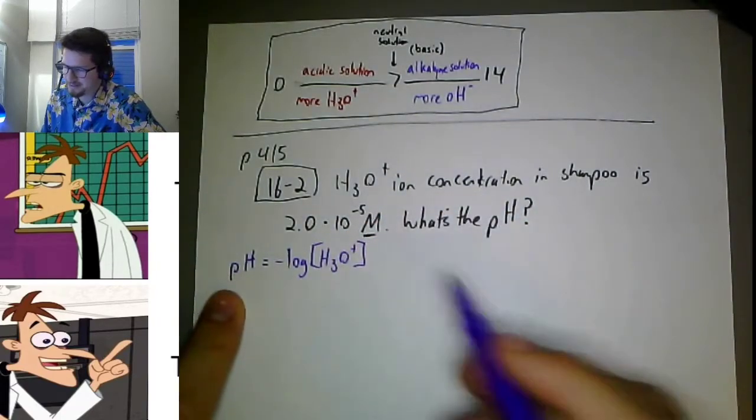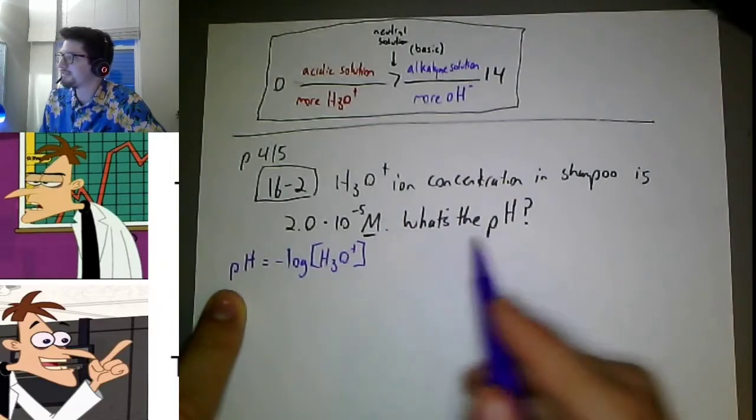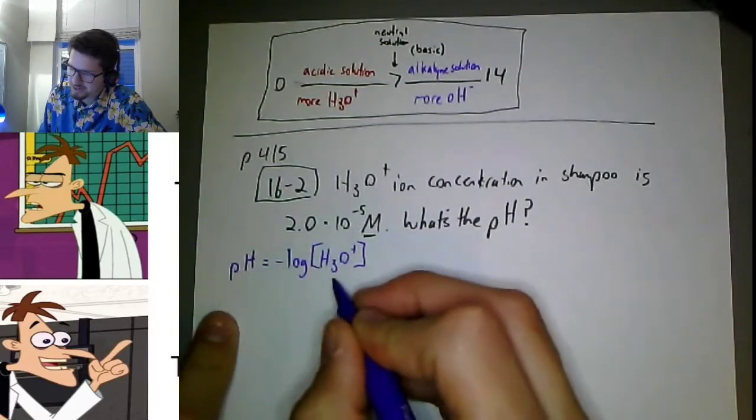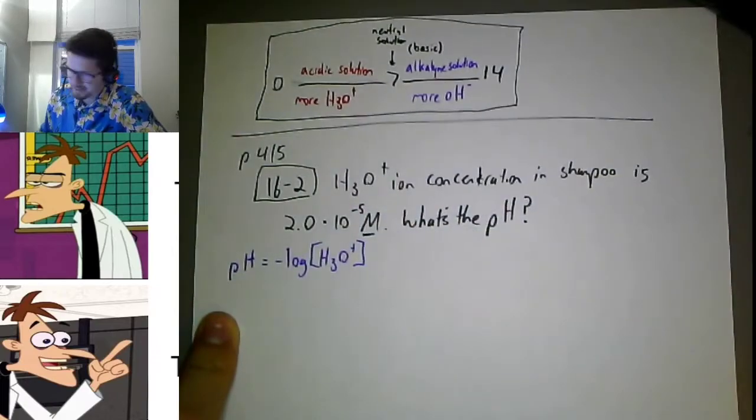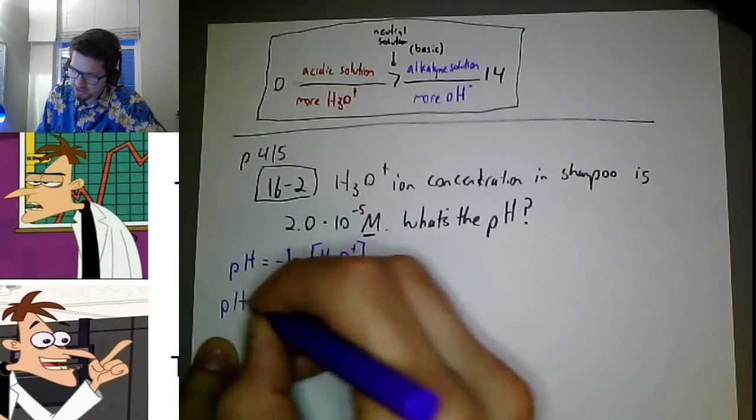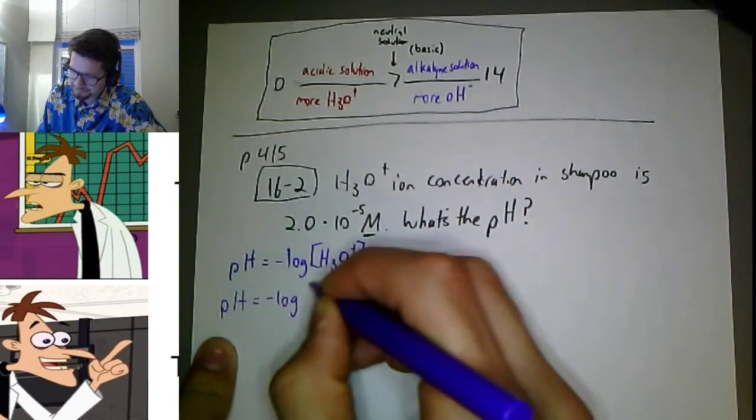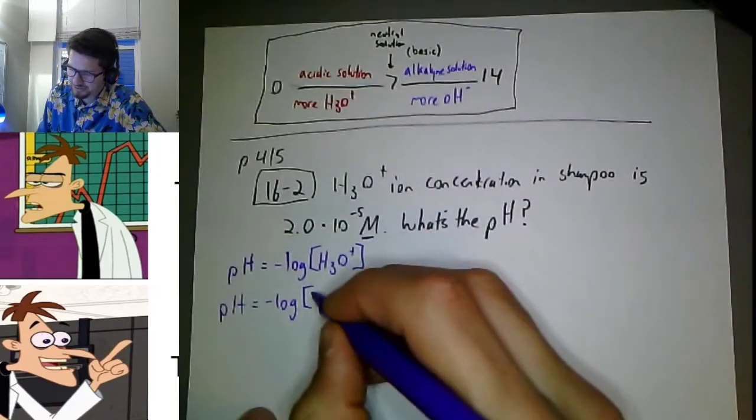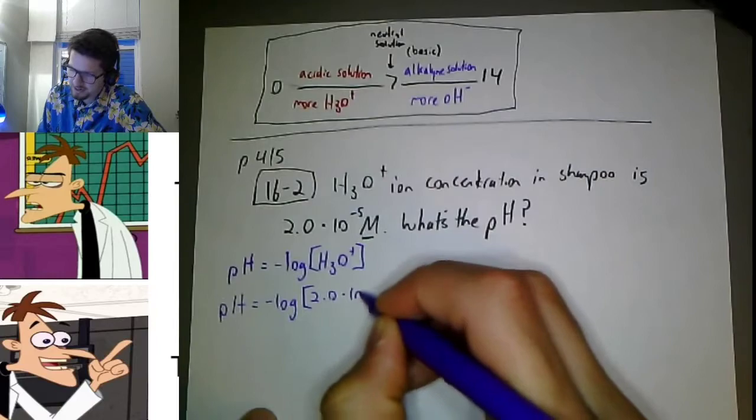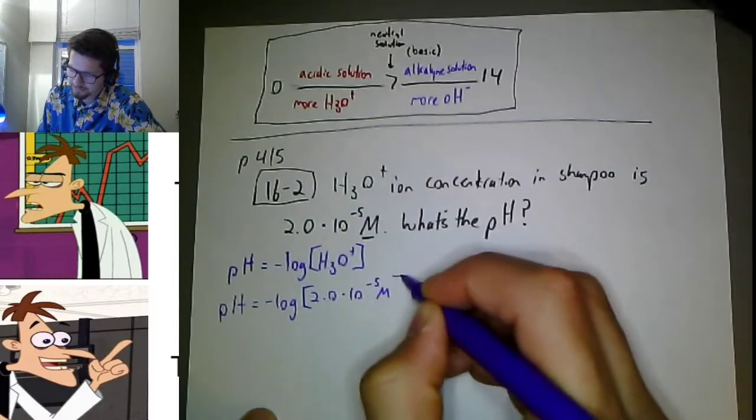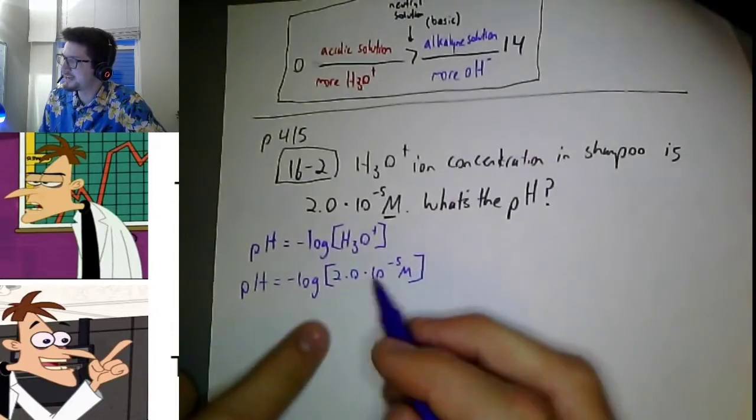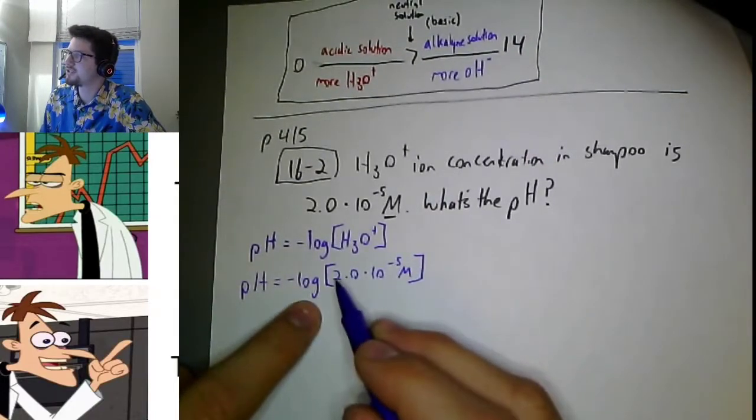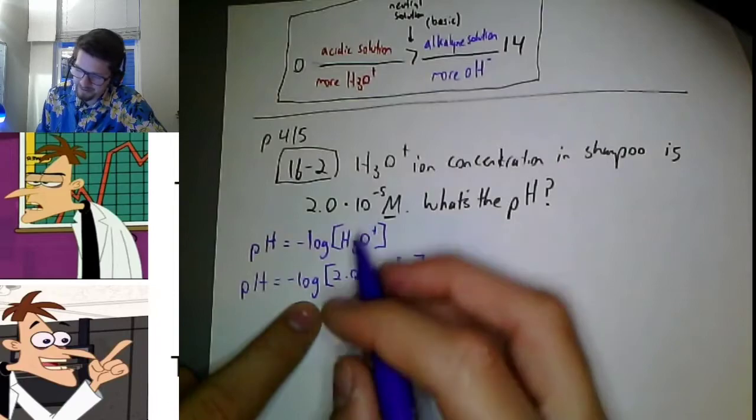Does the problem give me the pH? No, I'm looking for the pH. Does it give me the hydronium concentration? Yes, it does. So I'm just going to plug that in. pH equals negative log of my concentration, 2.0 times 10 to the negative 5th molar. Fantastic. Now, if you type in log of 2.0 times 10 to the negative 5th,